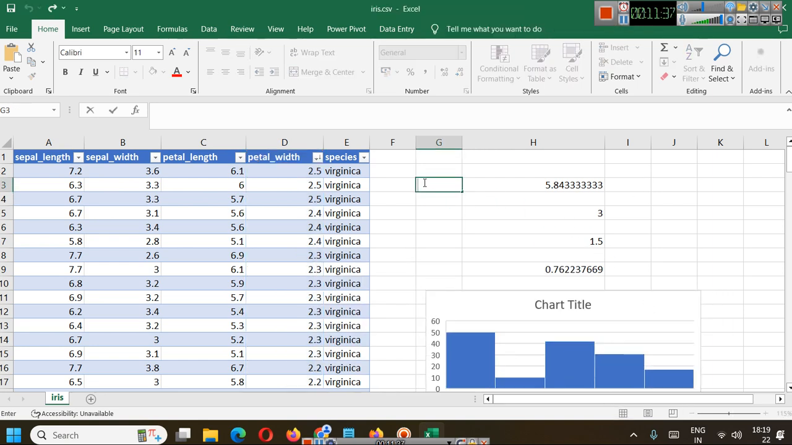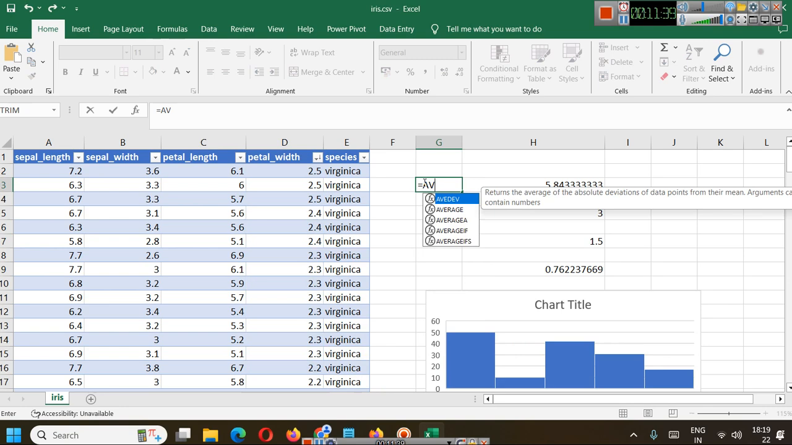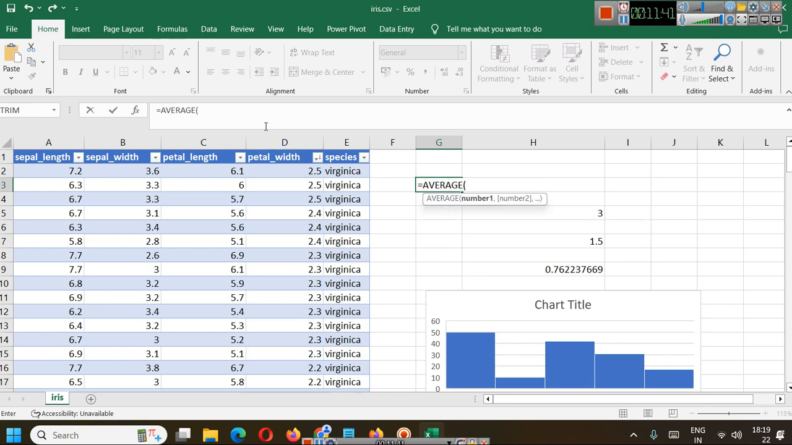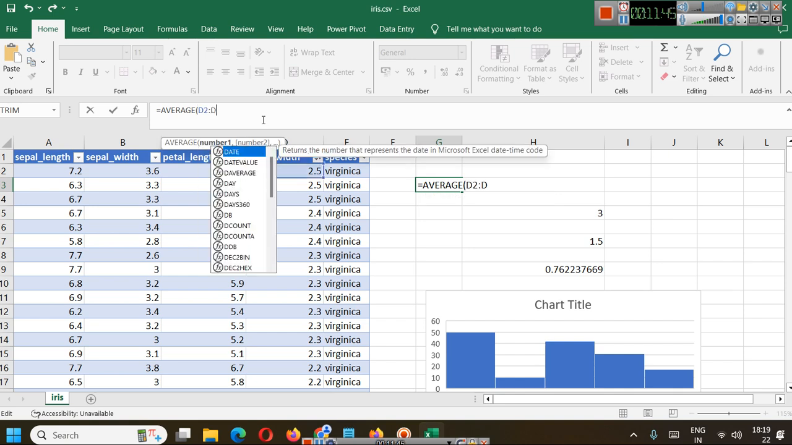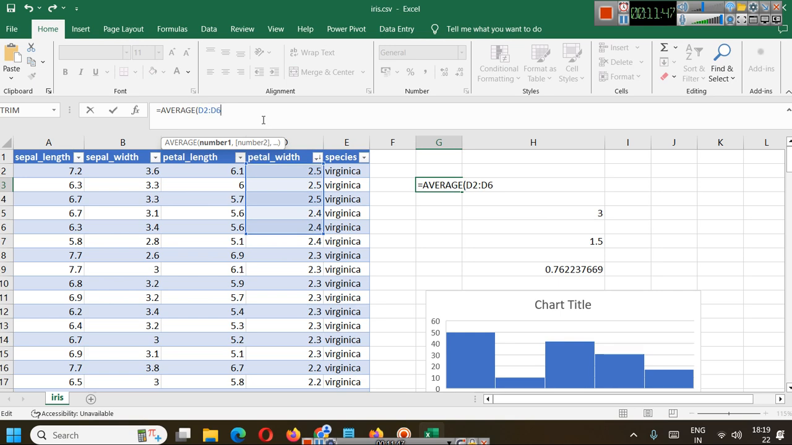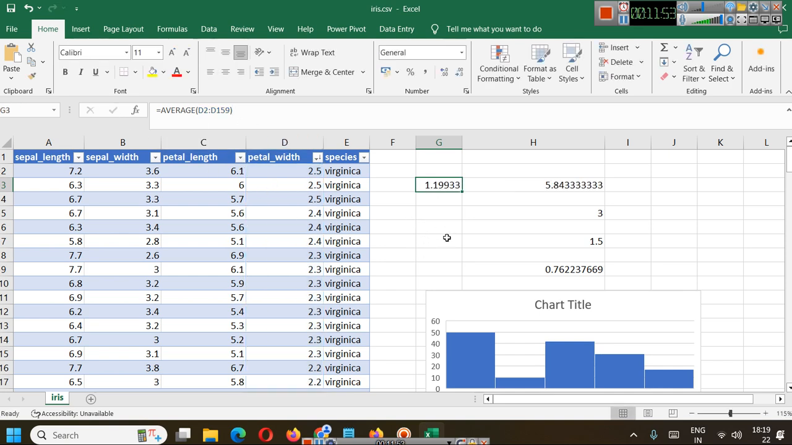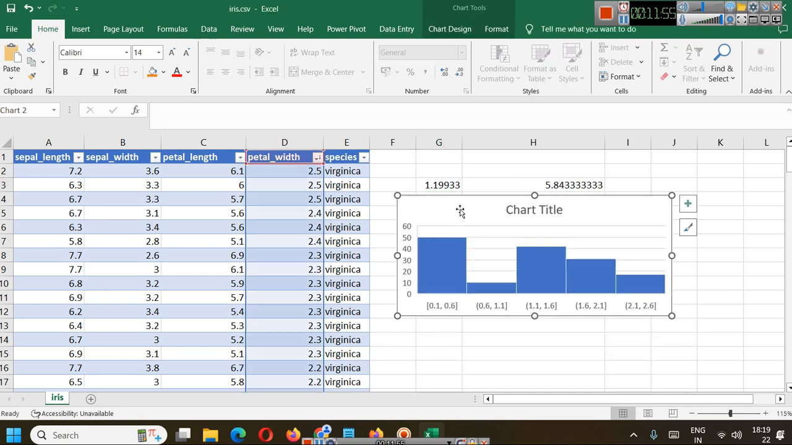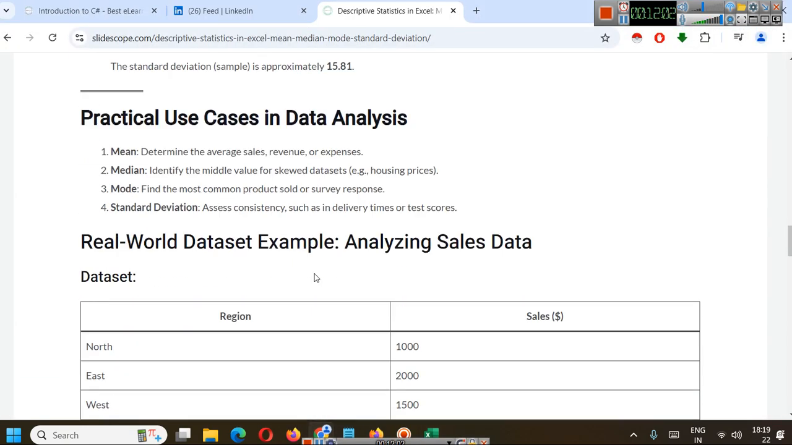For mean we can write equals AVERAGE, and inside AVERAGE we will write D2 to D159. Okay, so it is 1.199 or 1.19 around here, where we can see there are 42 values. So as per the definition,